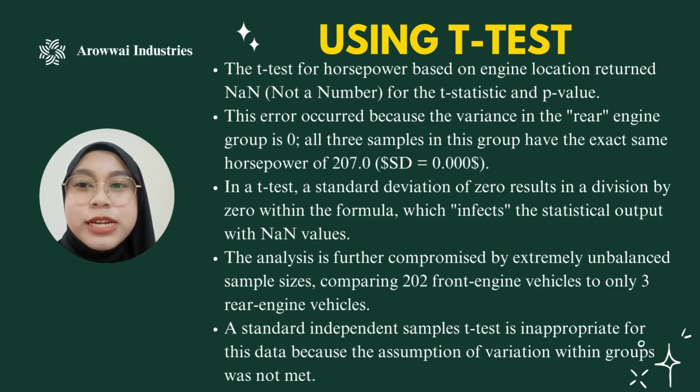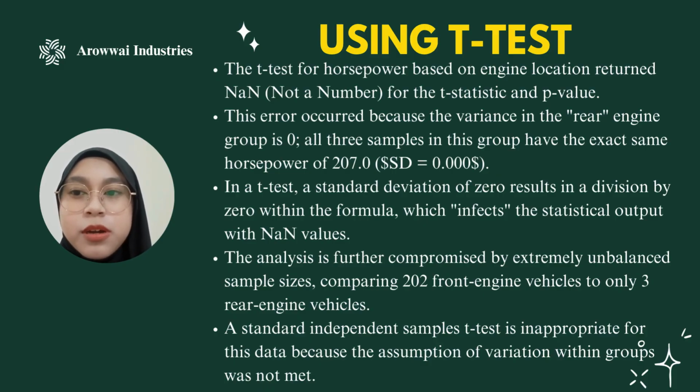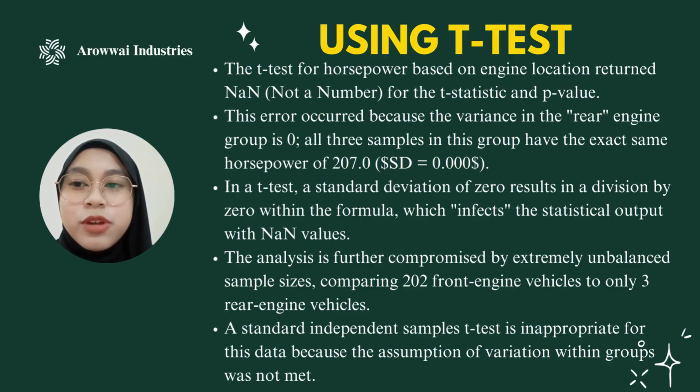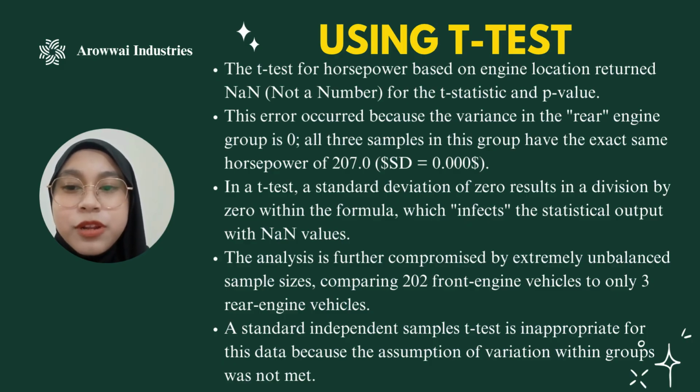Next, we move to the analysis of horsepower based on engine location. The result of the test returns a not a number value. This occurs because the rear engine group has zero variation. The rear engine group contains only 3 samples, and all of them have exactly the same horsepower value of 207. When there is no variation within a group, the test formula fails because it involves division by zero, meaning